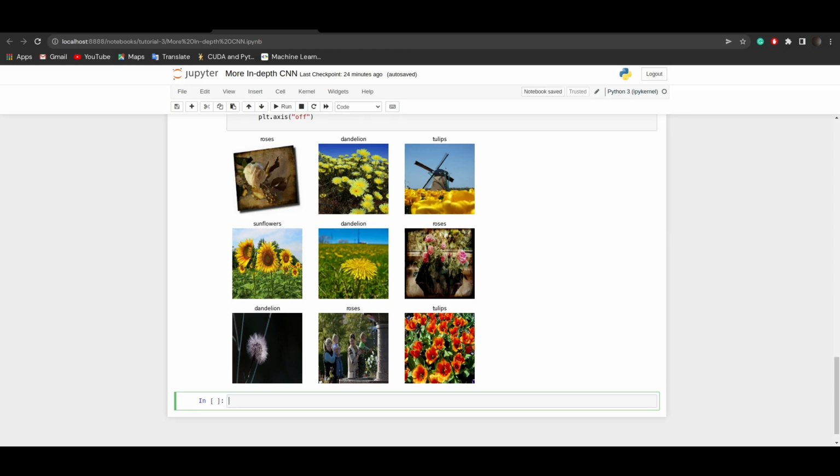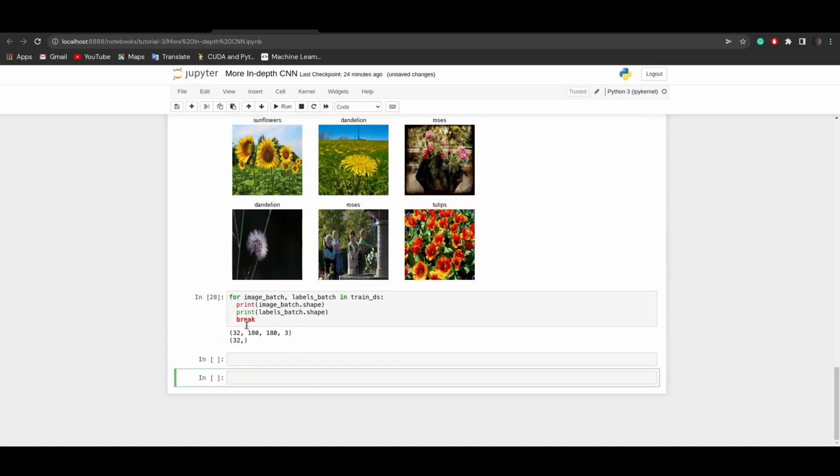Now, if you wanted to manually iterate over the data set, you could just print this, and you see it's of batch size 32. So batch size comes first, and then your height, width, and then your number of colors, and the corresponding labels. Since the batch size of 32 means there are 32 different images, its corresponding value is 32. So let me just say take of